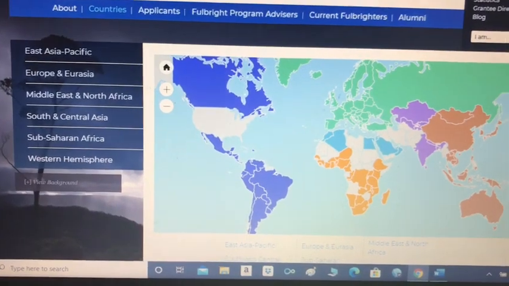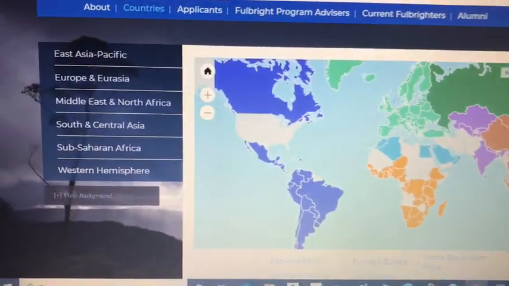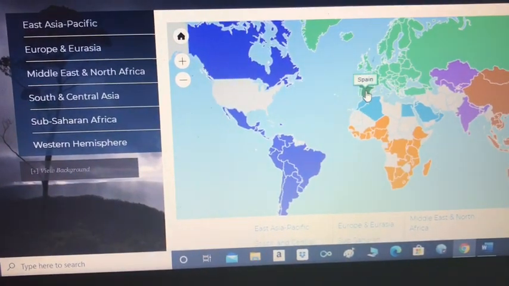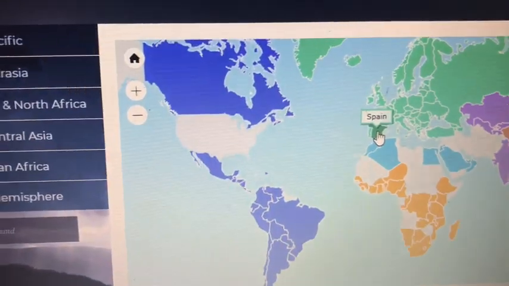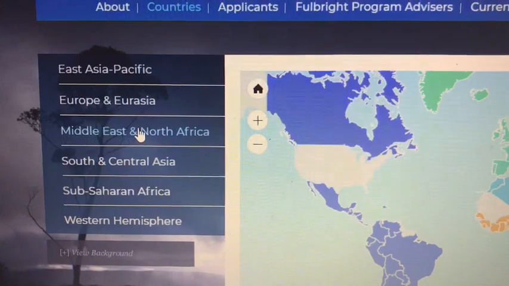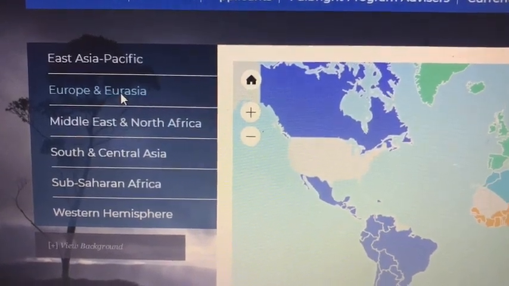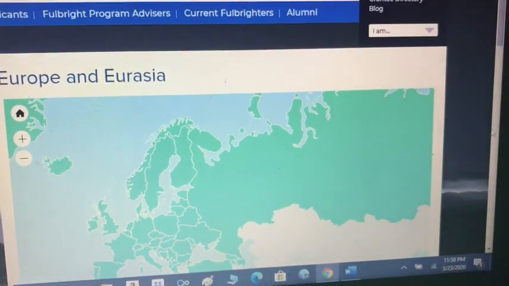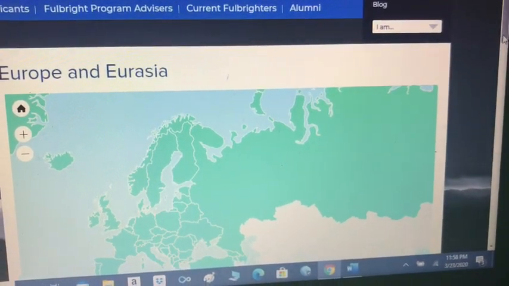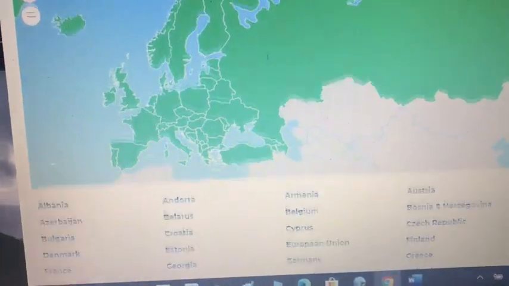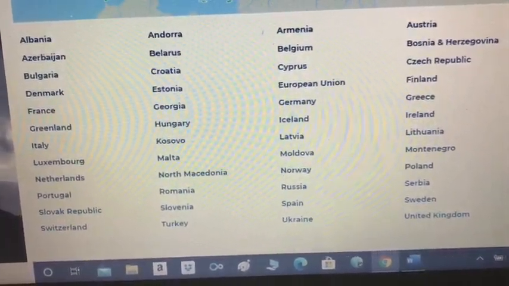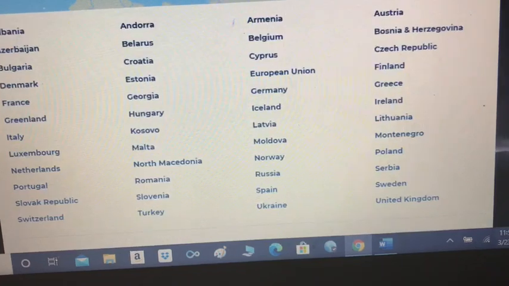We'll use Spain as our first example, and you can get to it either by clicking on the particular country, or you can go to the particular region of the world it's in, click on that, and then you can scroll down a bit and see the list of countries that are in that region. And when we click on Spain